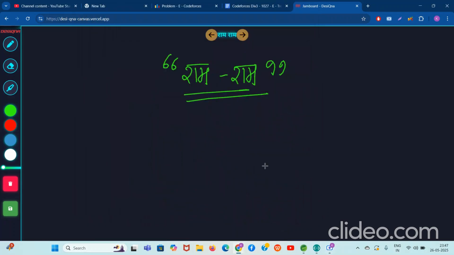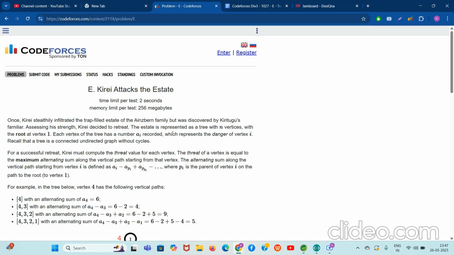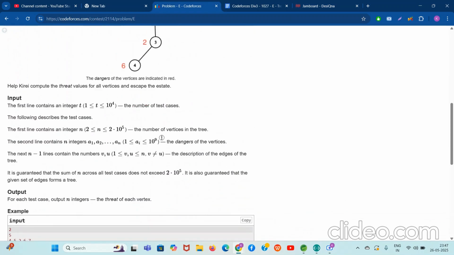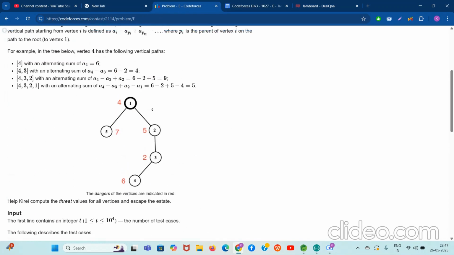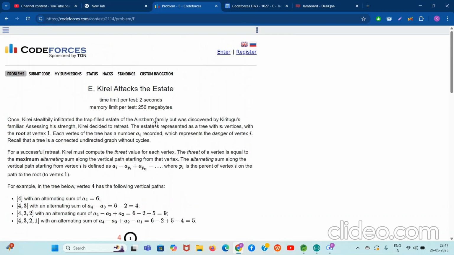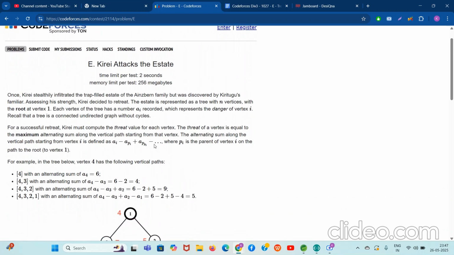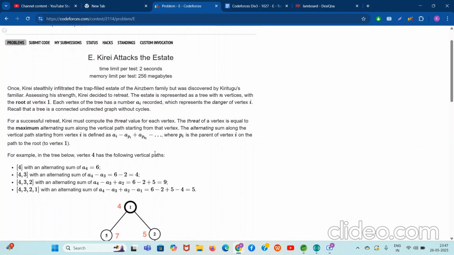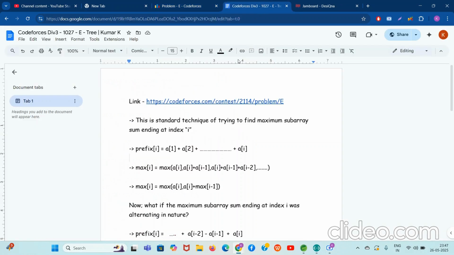So, hello guys, with the name of God, Ram Ram. This Codeforces problem E was based on a very popular trick which you must have encountered if you have studied and solved many problems on prefix sum on arrays and Kadane sum. Before I discuss this tree problem, it's very important that I discuss the